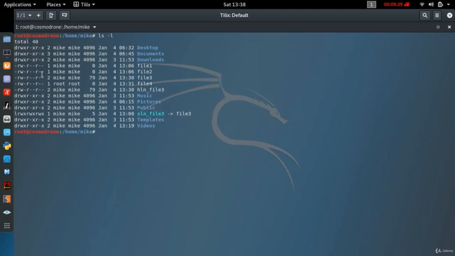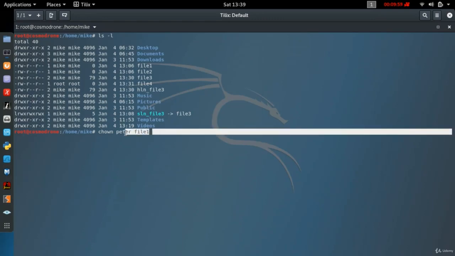So we've seen that Mike can read, Mike can write, but we can actually change the owner of the file. And let's do that right now. To change the owner of a file, we're going to use the chown command, for change owner. We type chown, the name of the new owner. I'm going to change it to Peter, and then the file name, so we'll say file1. And so when I do this, the owner here will change from Mike to Peter. You know what? Before we do that,